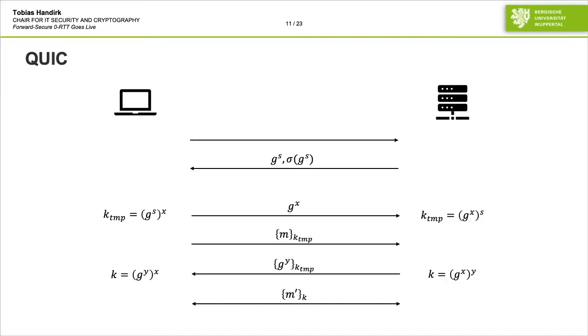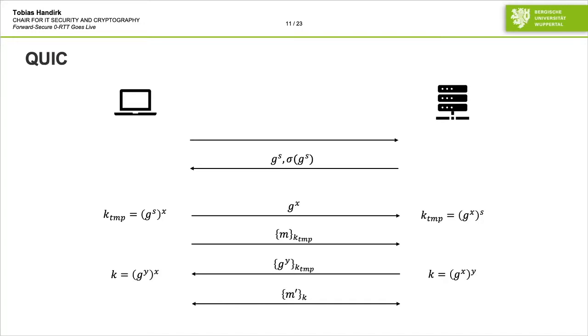From then on, only the second key is used for the communication between the two parties. On any subsequent connection, the client reuses the defilement share from the server configuration and is immediately able to send its own defilement share to the server. If the server configuration expired, the parties again execute a 1 RTT handshake, where the client then receives a fresh